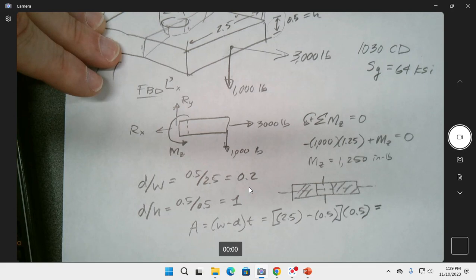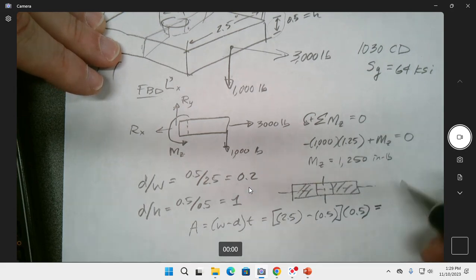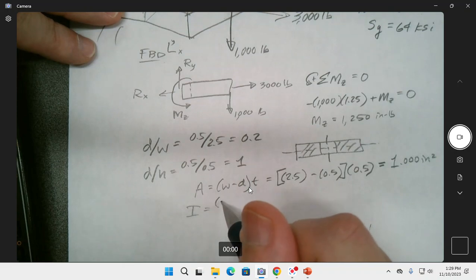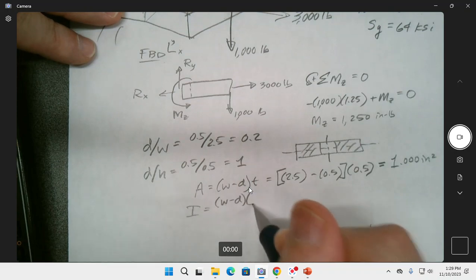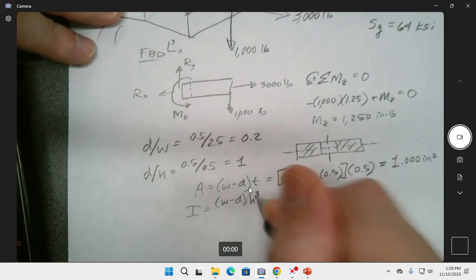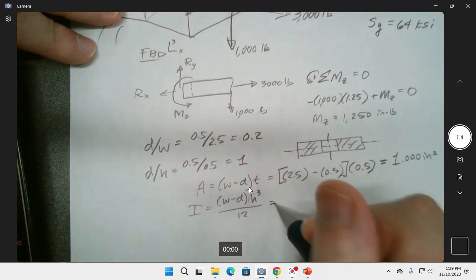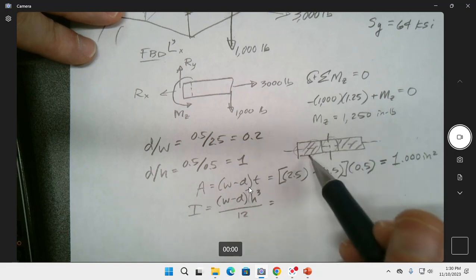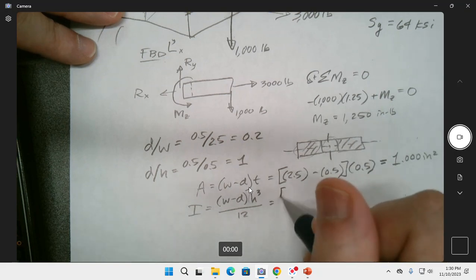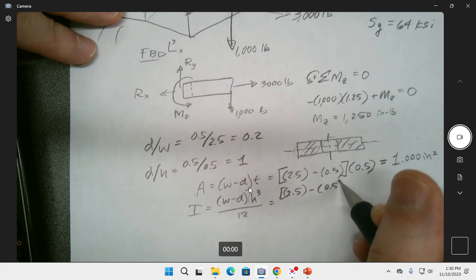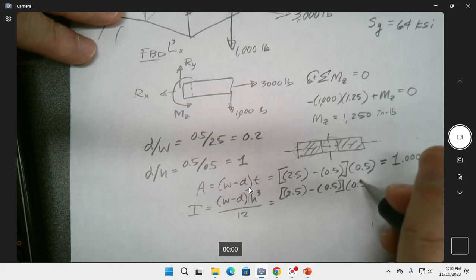2.5. Actually, yes, equal to 1 inches squared. And then I is going to be W minus D times H, is how they wrote it, but it's thickness over 12, or BH cubed over 12, right? You can see they've just subtracted out that part right there, so it's just that and that. So we go 2.5 minus 0.5 times 0.5 cubed